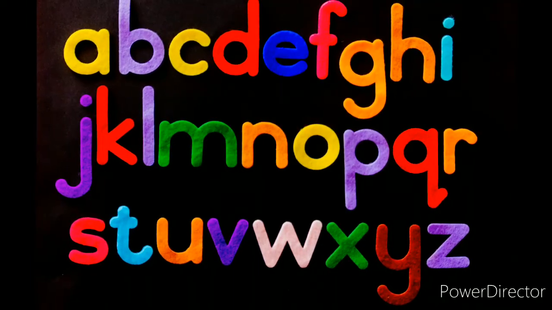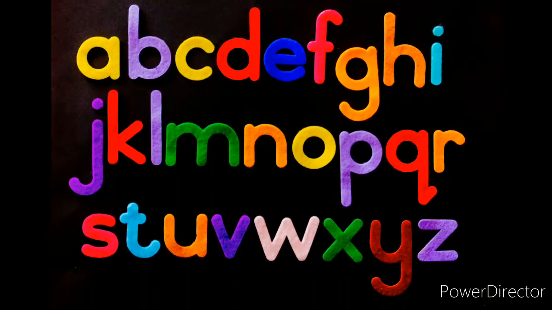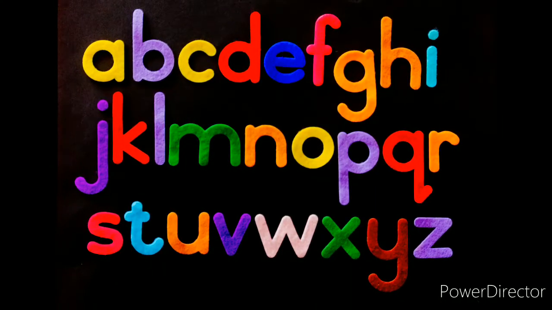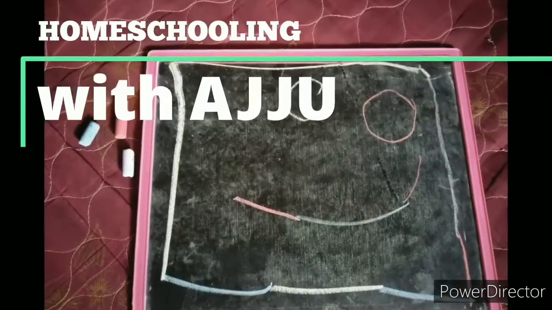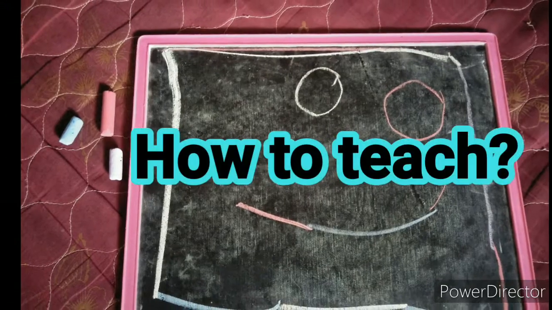So what I followed for my kid is, before starting sound, I taught all the 26 letters as names. I taught him to identify and also to write. Later on, when he is familiar with all the alphabets, I started with sound. You can follow any of these two methods, but once you start with the method, please make sure to stick to it. So the first step of teaching phonics to kids is to teach the individual sounds of all the 26 letters. How to teach?